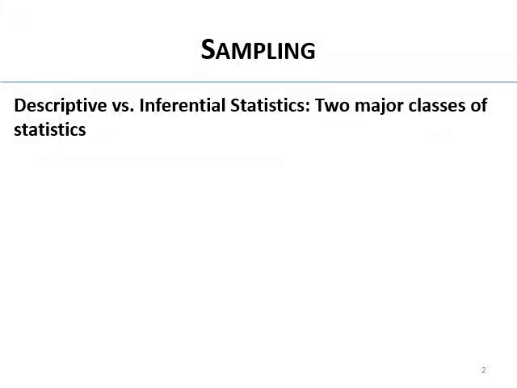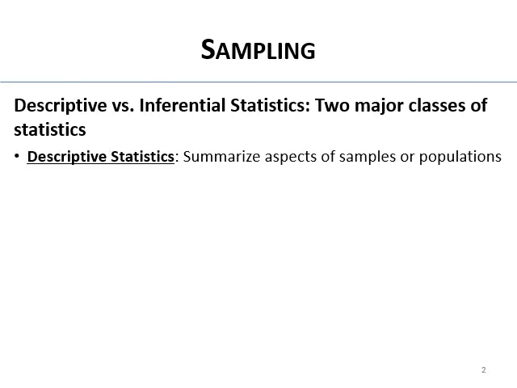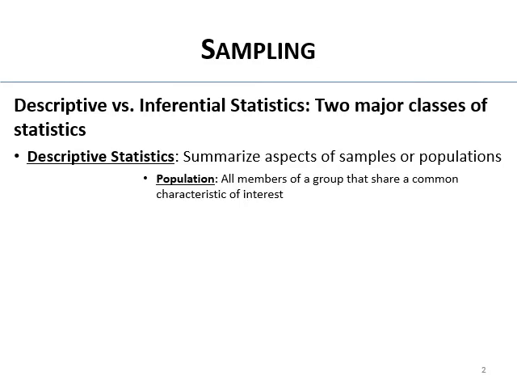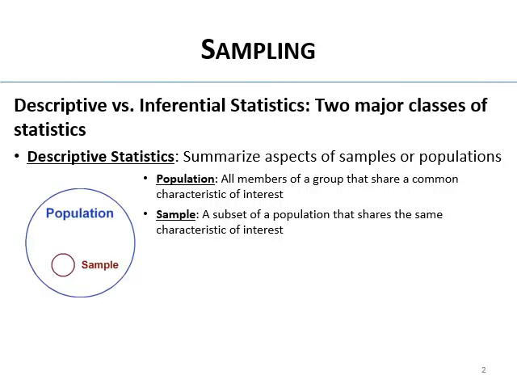So first, let's talk about descriptive versus inferential statistics, which are the two major classes of statistics. Descriptive statistics summarize aspects of samples or populations, so they describe things. Now, what's a population? Begs the question. It's all members of a group that have some common characteristic of interest. So, for example, all homeless persons. A sample is a subset of that population that shares that same characteristic of interest, but it's a subset,